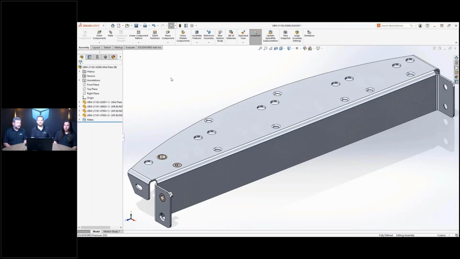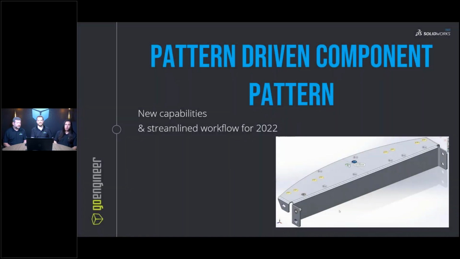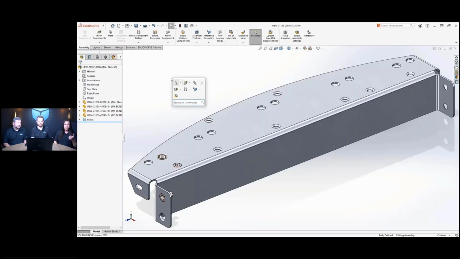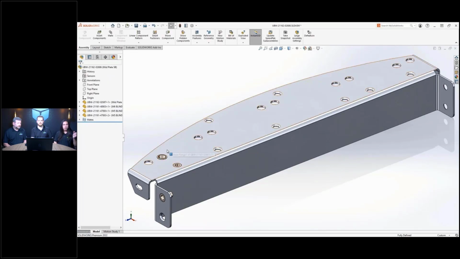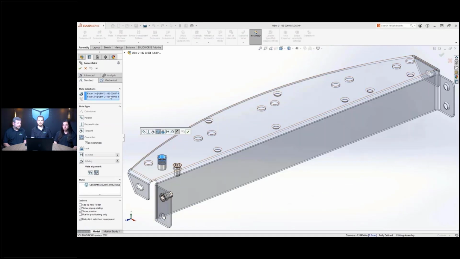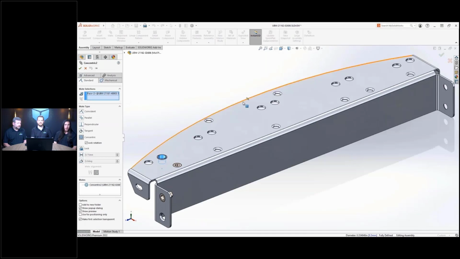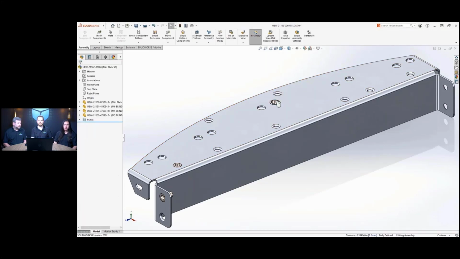So now that we have a couple bolts in here, you guys may be thinking, okay, well, how do we populate the rest of them? Very keen observation, pattern recognition is getting better. It's kind of scary how good it's getting, actually, because it's going to recognize the seed, and from there we'll take our pattern, click on the seed of our pattern, and it's immediately just starting to recognize where the adjacent faces are, to where it's picking up the same diameter, same circumference. There's just added advanced intelligence to this,